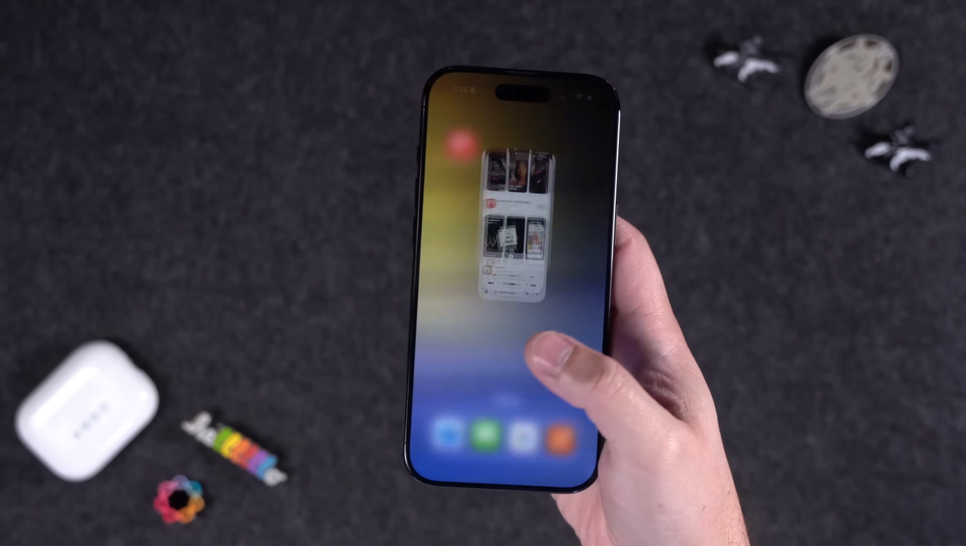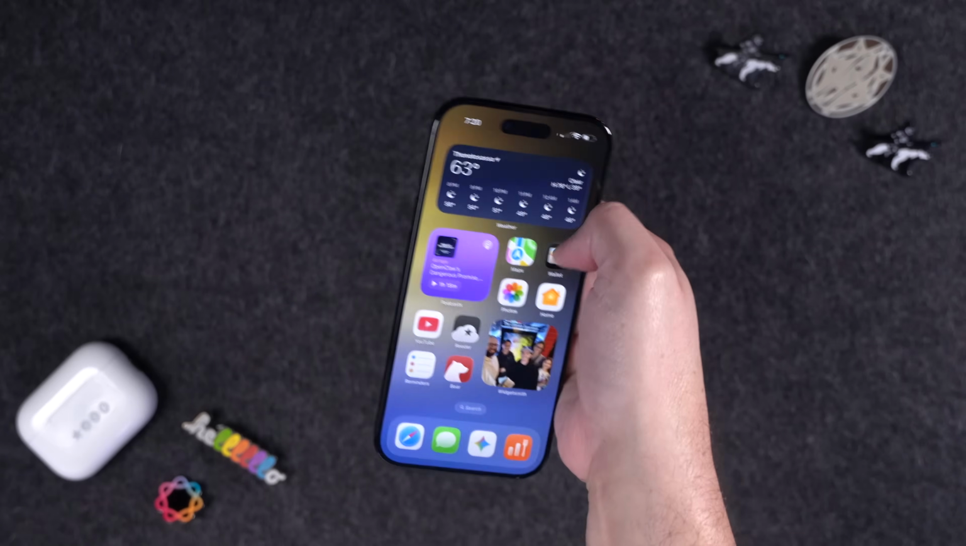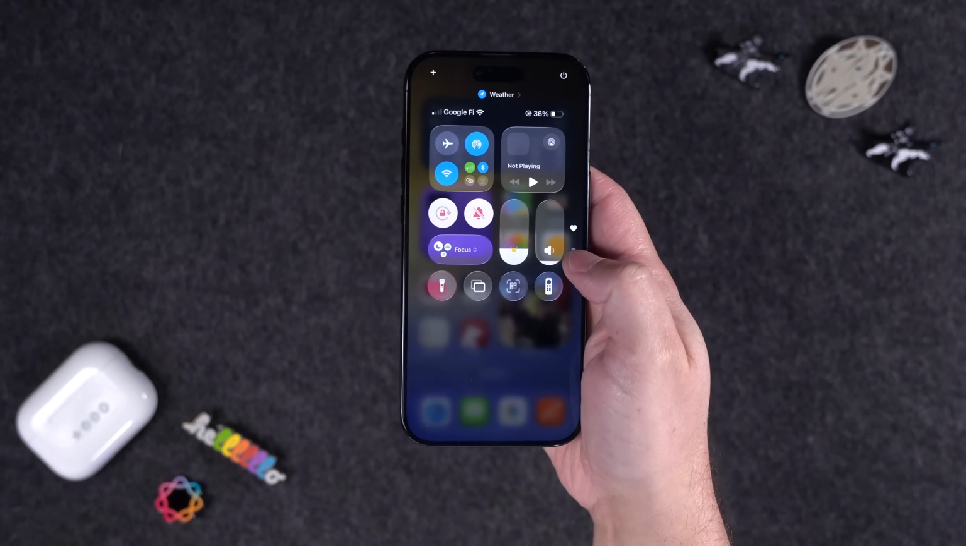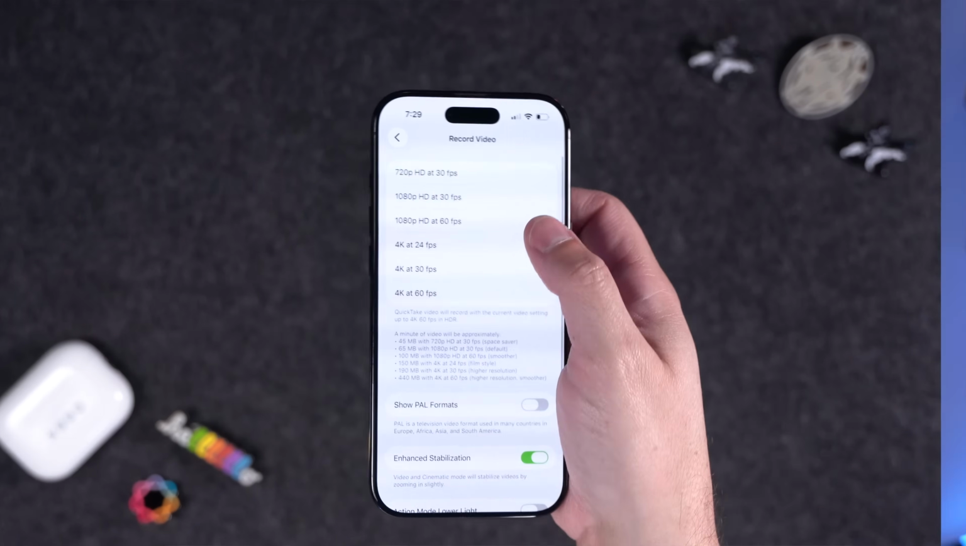Like stopping apps from automatically being added to the home screen, turning off that silent mode icon in the status bar, adding some useful things to Control Center because it comes very blank. I didn't realize you had to turn on 4K for video recording, and a ton more. So here are 28 settings and tips that, if you have a new iPhone and you don't restore from backup,